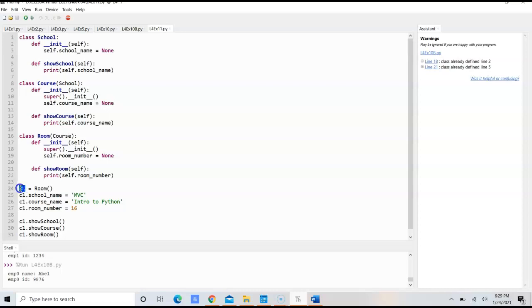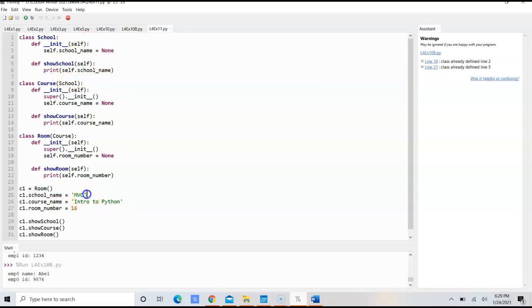So here I choose to use C1, and C1 is the object of room, which is the third class, the grandchild. And for the object, we're going to go ahead and access school name, and notice that school name is part of the base class,